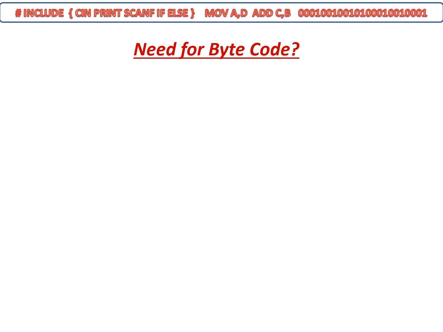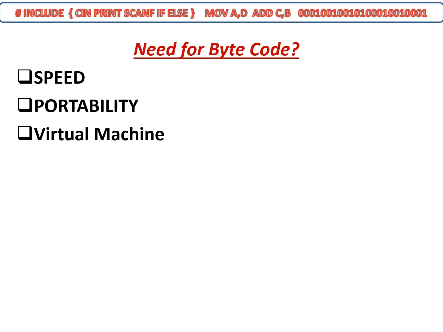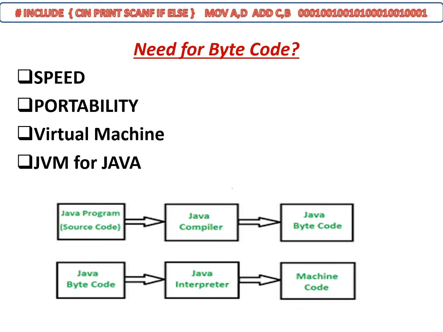If you have to compile the code for a given processor architecture, you would have speed but not portability. So, source code is compiled into bytecode for a common machine, where the virtual machine will execute the bytecode. JVM is one such virtual machine which is used by the language. So, why bytecode is needed: it is a compromise between speed and portability.